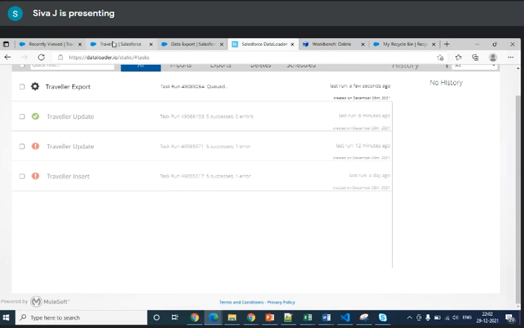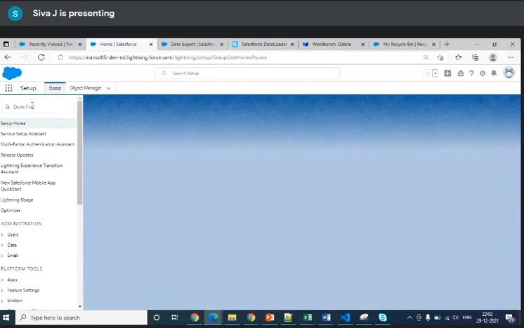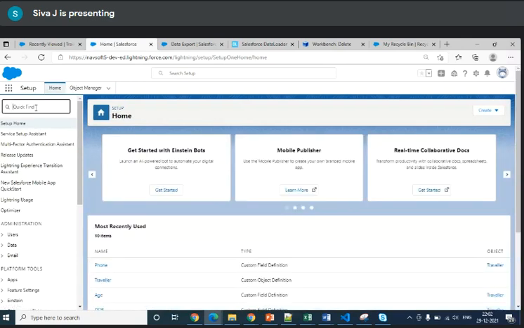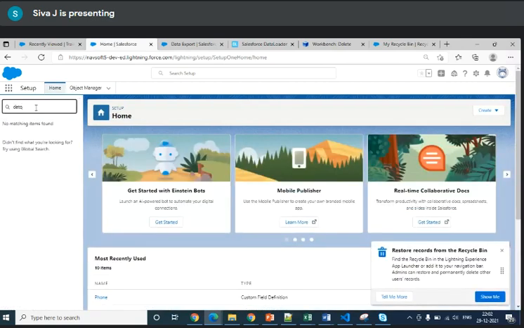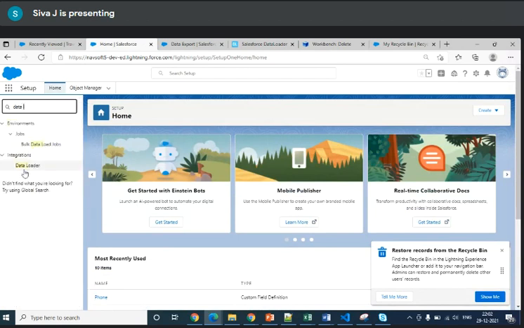Ideally, we can go to Setup. You just search here for data loader. Under Integration, you can find it.